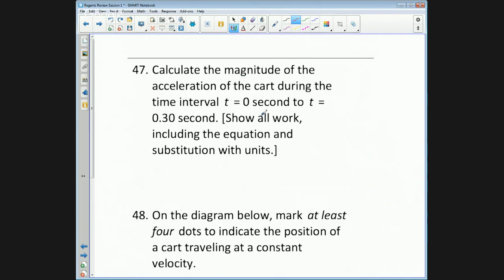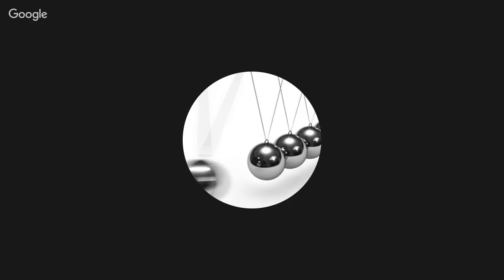47, it says calculate the magnitude of the acceleration of the cart during this time interval. Acceleration equals v final minus v initial over time. Okay, if our final speed was 0.167 meters per second and our initial speed was 0, our time is 0.30 seconds. We're just going to divide our answer from our previous problem by 0.30 again. And we get an acceleration of approximately 0.5